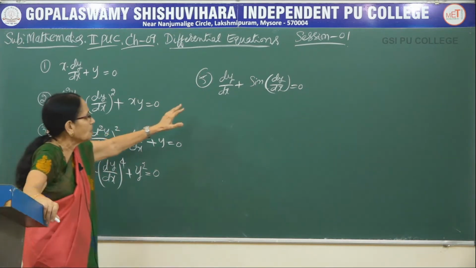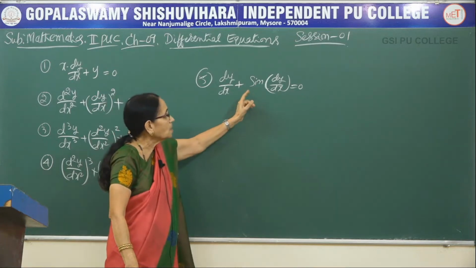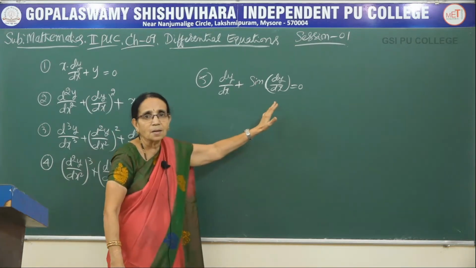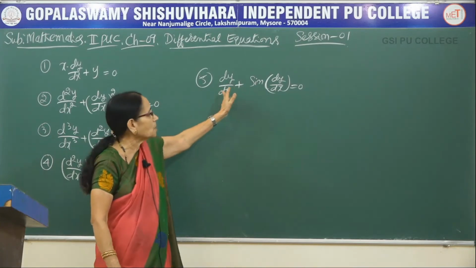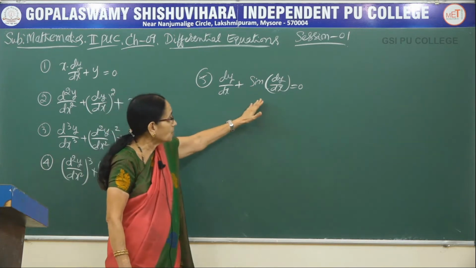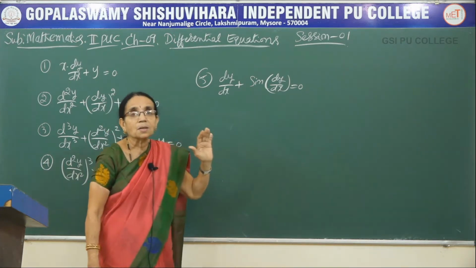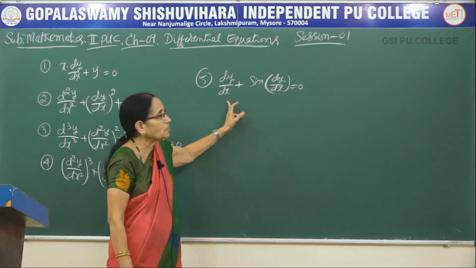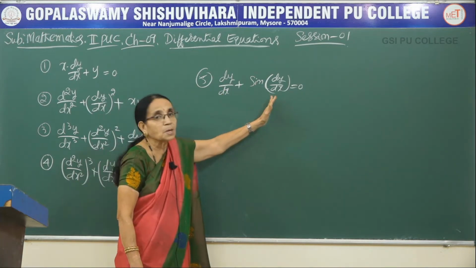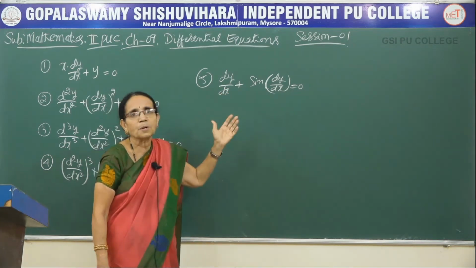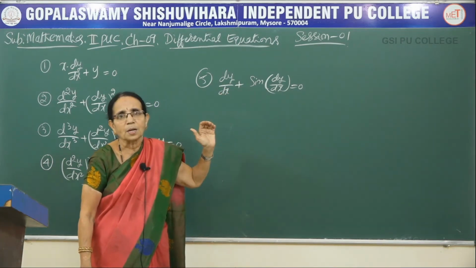Come to this one. We have dy by dx inside a sine here, sine of the derivative. Suppose sin x is there, it can be taken as a polynomial in x, but here it is sine of the derivative. In such equations, the degree is not defined because it is not a polynomial in dy by dx, since sine of the derivative has been given, or it may be e to the power y dash, or it may be cos of y dash, like that.